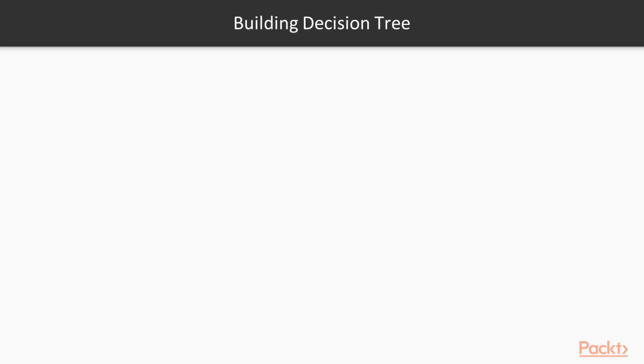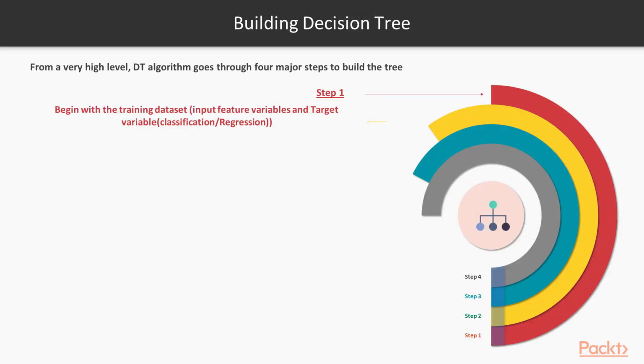Let's deep dive a bit more and learn about how decision tree models are built. At a very high level, any decision tree algorithm follows 4 major steps as highlighted in this part. Step 1 involves starting with a dataset with some relevant input features along with the target variable we want to model. Step 2 focuses on the logic of finding the best feature to split the data. We will talk about different metrics or identification criteria to find the best feature in detail in a later part of